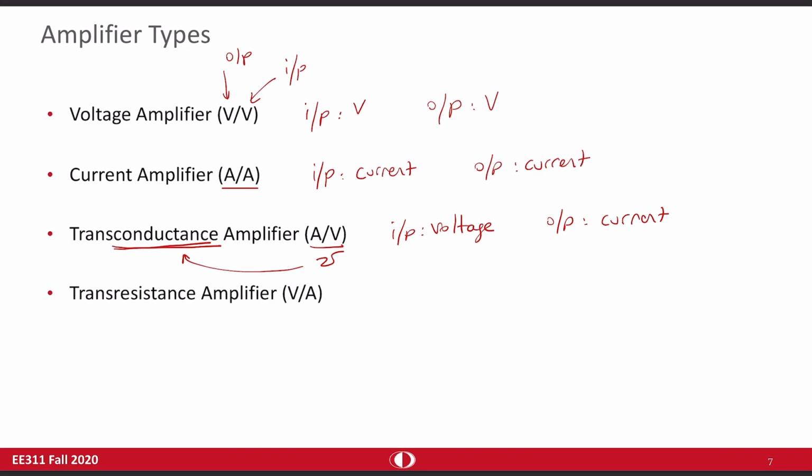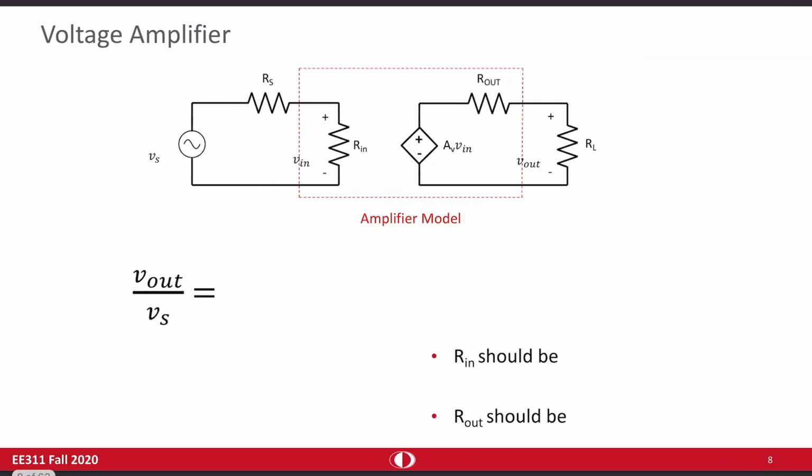Similarly, in another application, for example, you may want to use current as the input, and you want to get output as voltage. And output divided by input unit will be ohms or resistance, and that's why we call it a trans-resistance amplifier. These are the 4 main amplifier types, and we will learn how to design them throughout this course. But first, let's deal with input resistance and output resistance requirements for this type of amplifiers. For the voltage